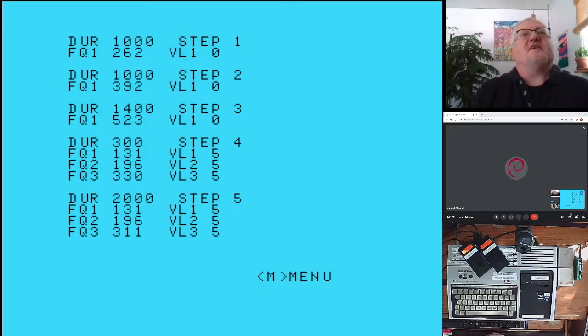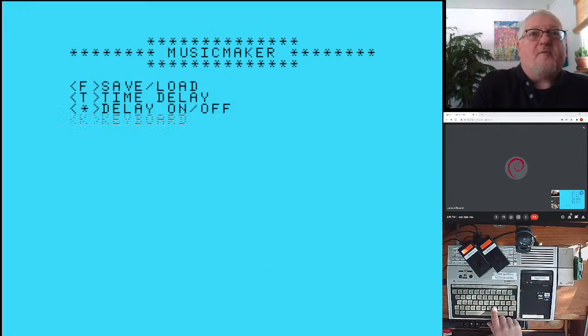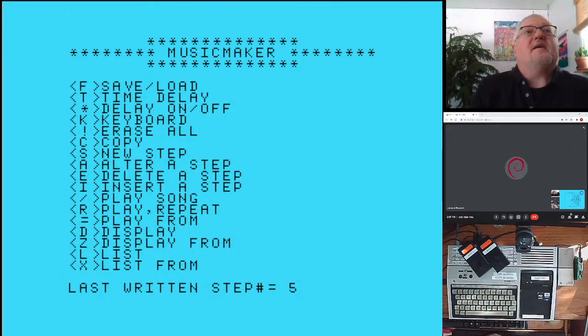Now it gets interesting, playing chords, because you can with the TI using 3 voices. Duration of 300, first frequency is 131, a volume 1 is 5. 196, volume 2 is 5, and frequency 3 of 330 is 5. Then down to duration of 2000, it's step 5, duration of 2000, 131, 196, but your third is 311. You can press M to go back to menu, and